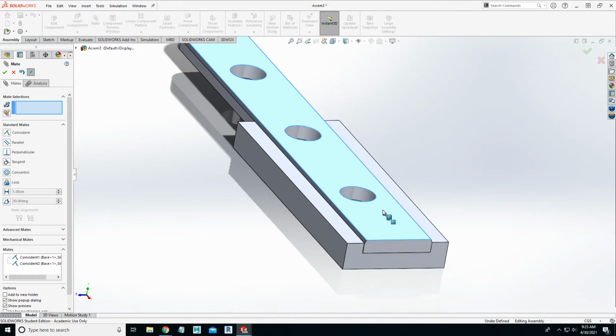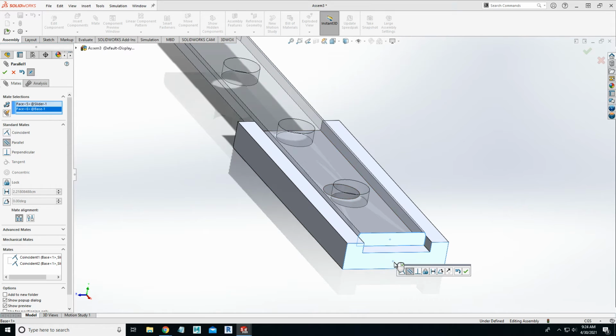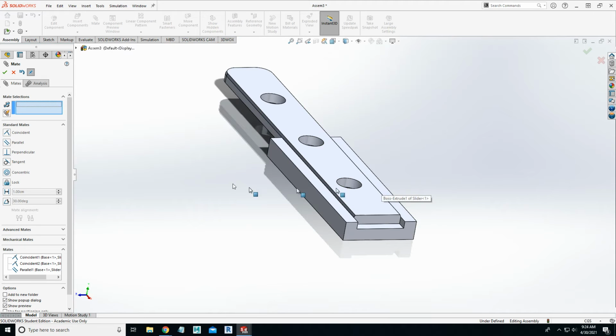The last one that I'm going to do is I'm going to choose parallel, and I'm going to make sure that this side and the back side stay parallel. So I'm going to hit the check mark, and that's going to make sure that these two pieces don't shift so that this piece doesn't pivot as it goes through. So once I've got those three things in there, then I can check it out and see how